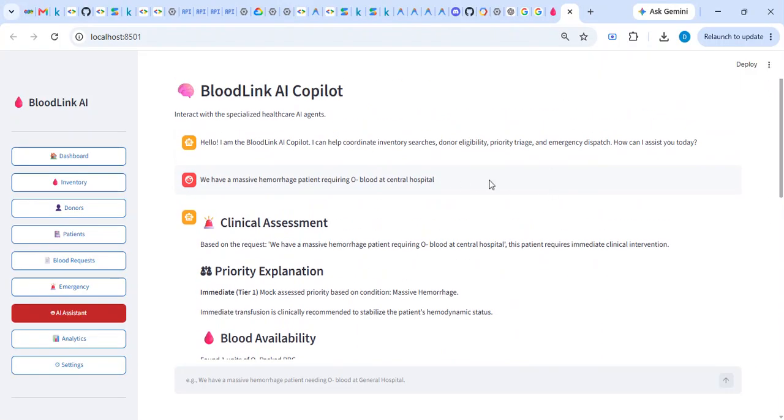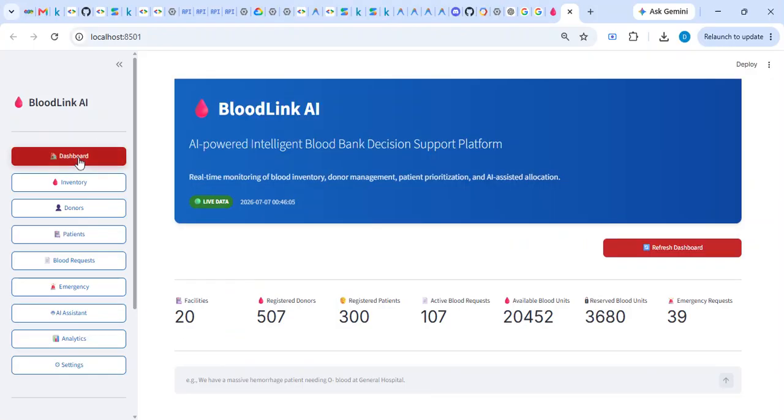This is basically what we have to offer.